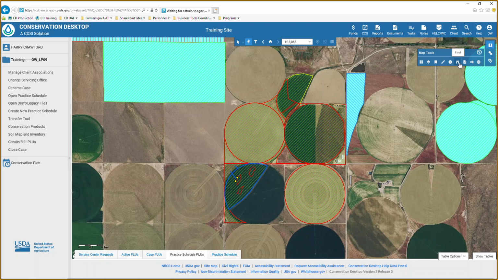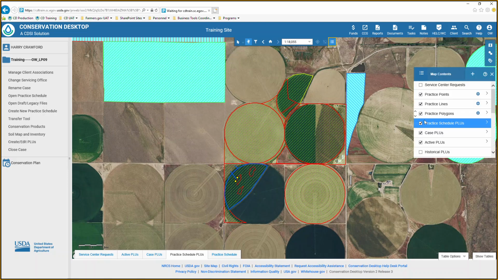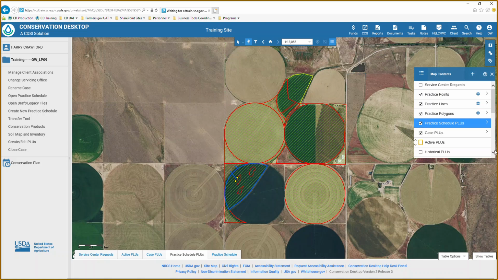Nothing else has really changed. The button updated from the binocular glasses look to binoculars, just a little easier. Just a few little things, not major on that. I'm going to turn off my active PLUs once again, and my case PLUs, because that's really terrible looking. Okay, so